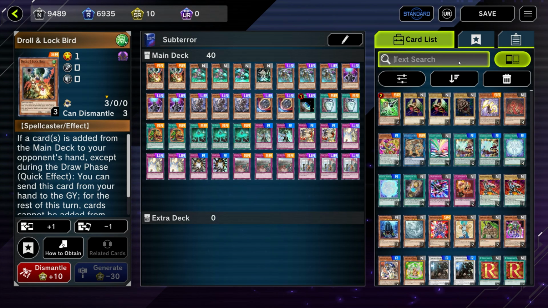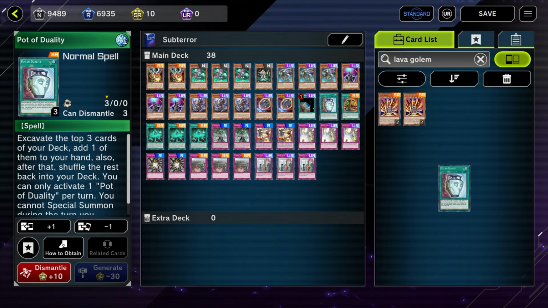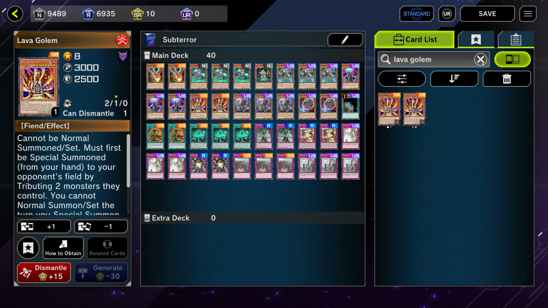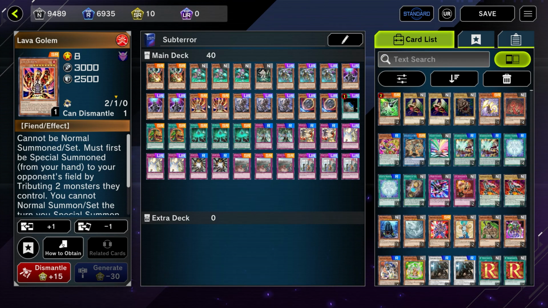So one thing I ended up doing near the end was I actually took out Pot of Duality for Lava Golems. So yeah, I decided, you know what? Again, this is optional. So the reason I would take out Pot of Duality is because Pot of Duality locks you out of special summon and Lava Golem also locks you out of special summon. So